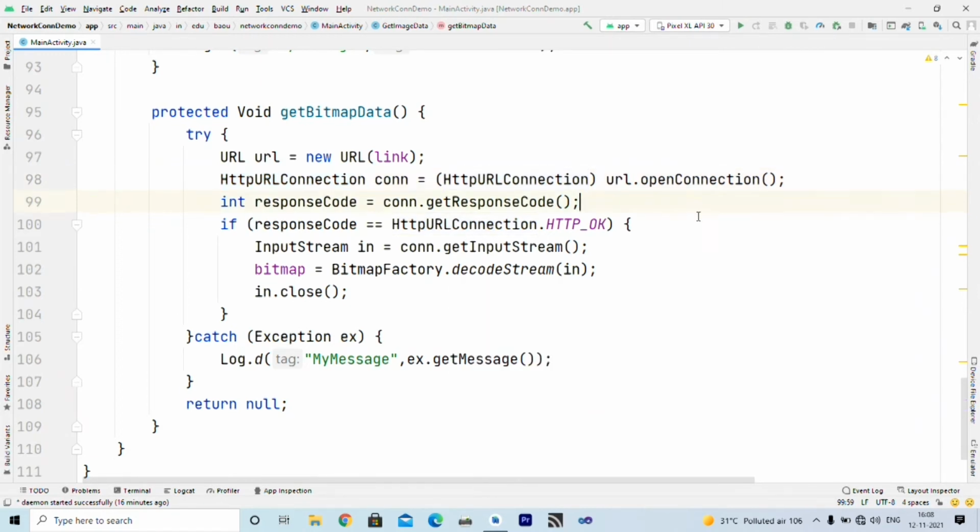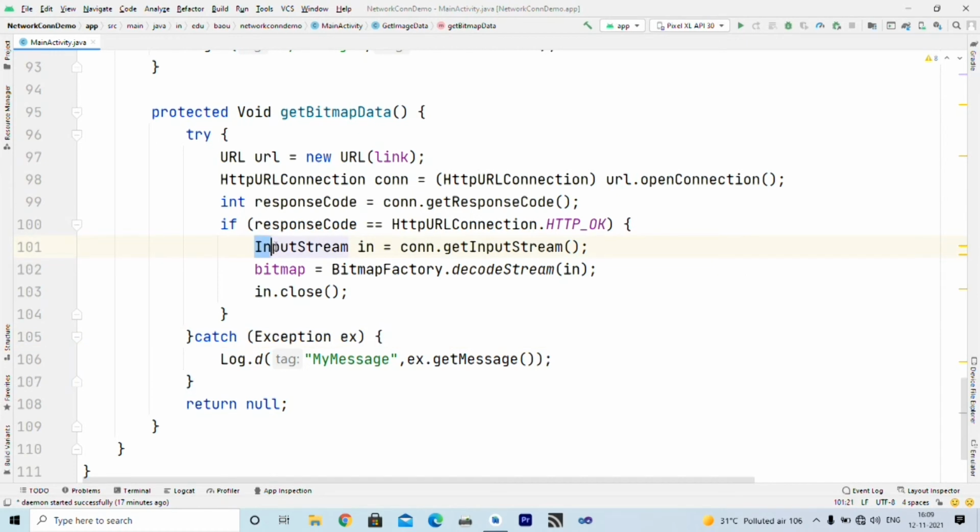Now suppose that link is available, right? So if I write connection.responseCode, then I will get HTTP OK. It means our connection is established and that page is also working fine. So if the response code is equal to HTTP OK, then we want to fetch that image.